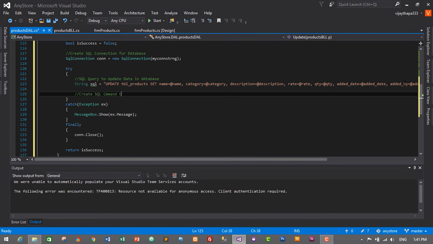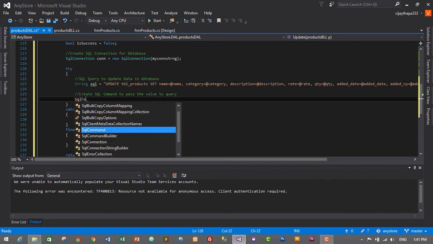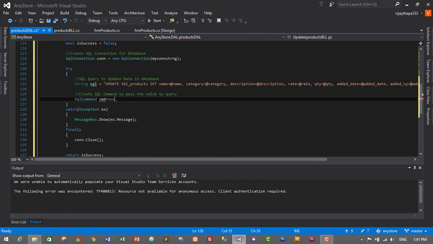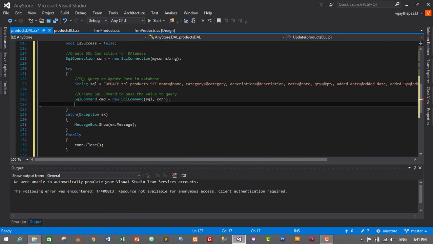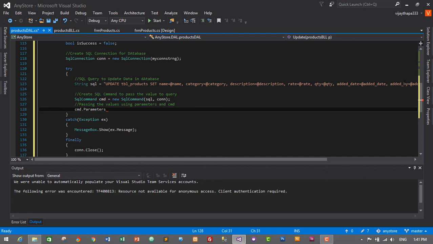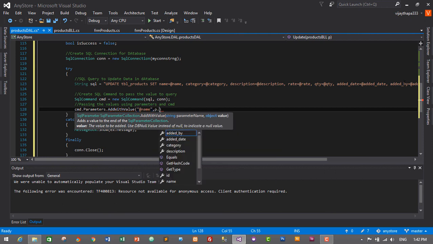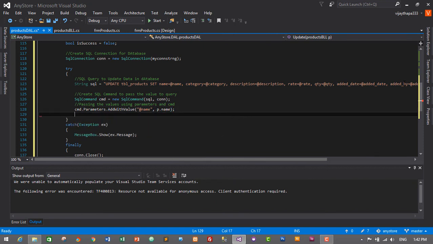So now we need to create an SqlCommand to pass the values to the query. SqlCommand cmd = new SqlCommand using sql and the database connection. Now passing the values using parameters: cmd.Parameters.AddWithValue @name, p.name, and cmd.Parameters.AddWithValue